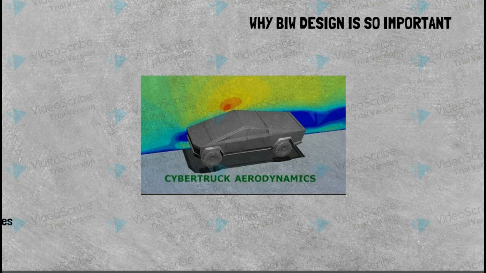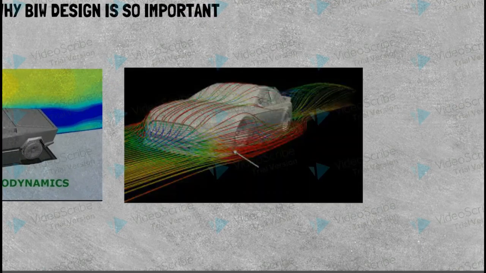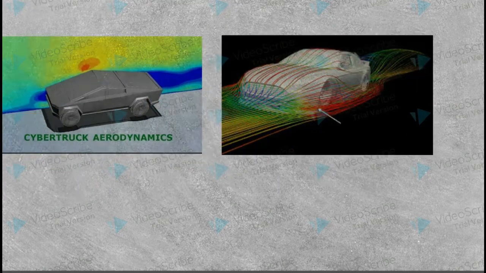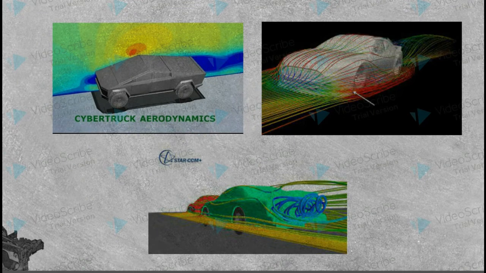In this, what you can see is the different BIW structure of a different model. First, starting with the Cybertruck. Here in this example, the Cybertruck shows less air friction as compared to the other two models. It's because of the pure structure of the BIW, which enables less friction force induced by the air. The other two are the Shelby and the Mustang. Shelby shows more turbulence in airflow structure than the Cybertruck. Mustang has even more turbulence than these two. This shows the importance of the BIW structure that has to be designed perfectly in order to give high performance.